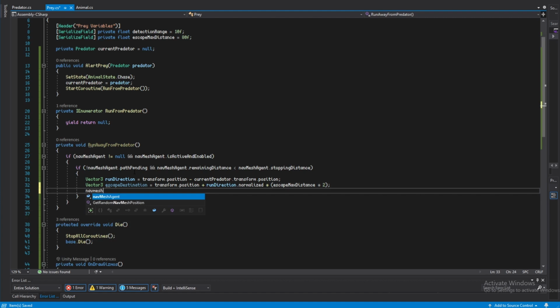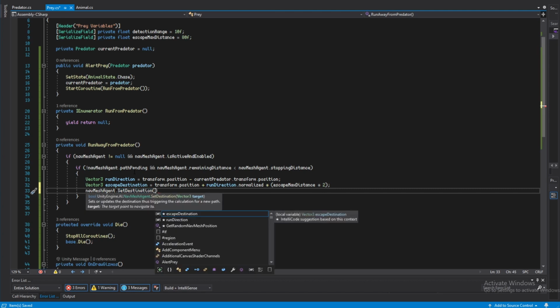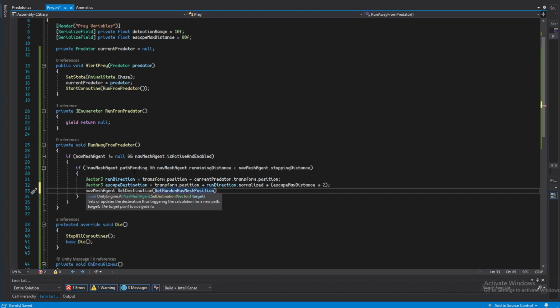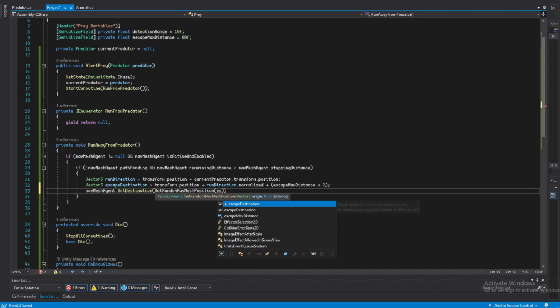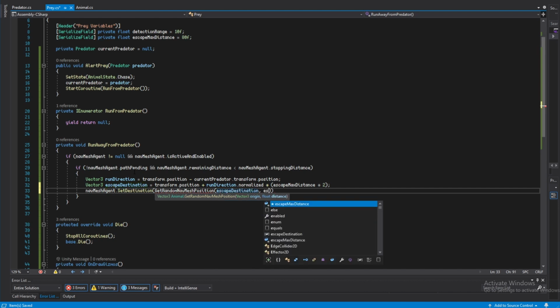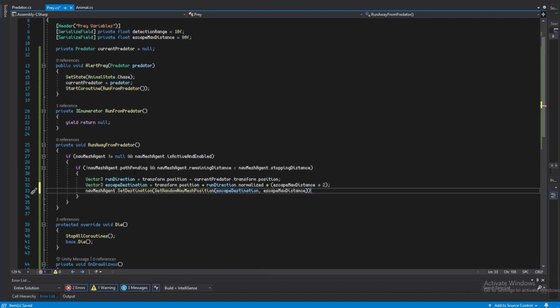Finally, we're going to do navmesh agent dot set destination, and then open this up, and we're going to do get random navmesh position, open this up again, escape destination, comma escape max distance. So in a poor attempt to actually explain what this function is doing, you can imagine